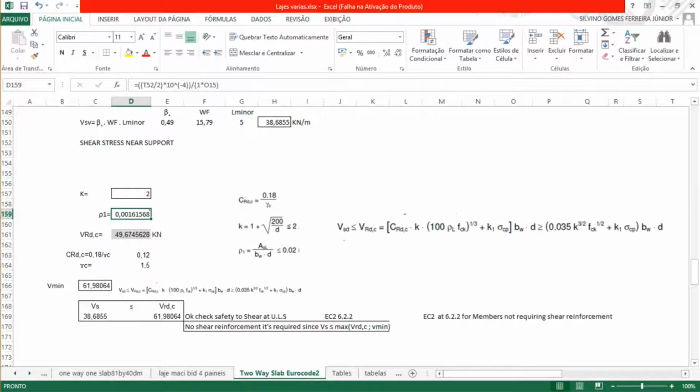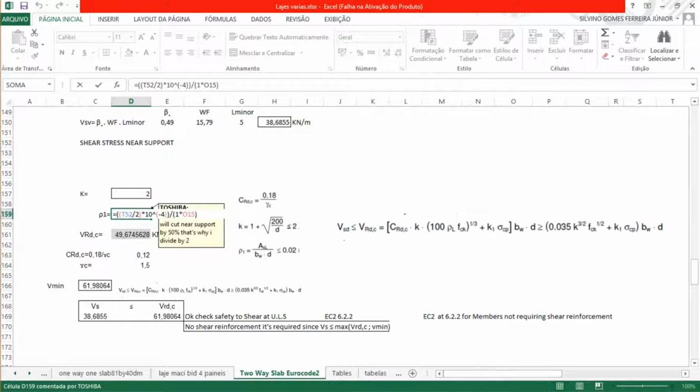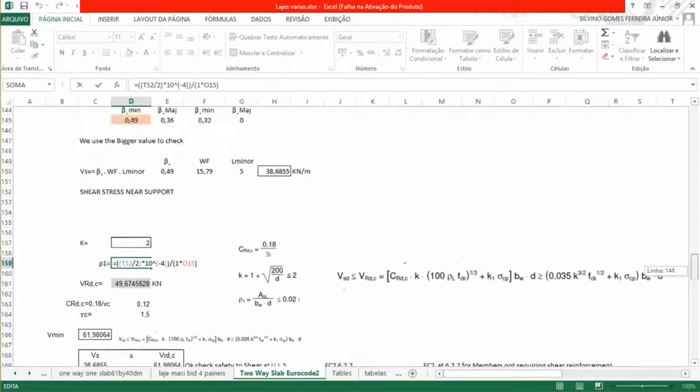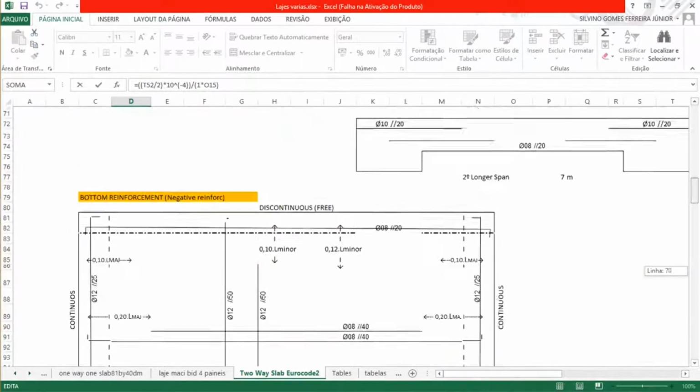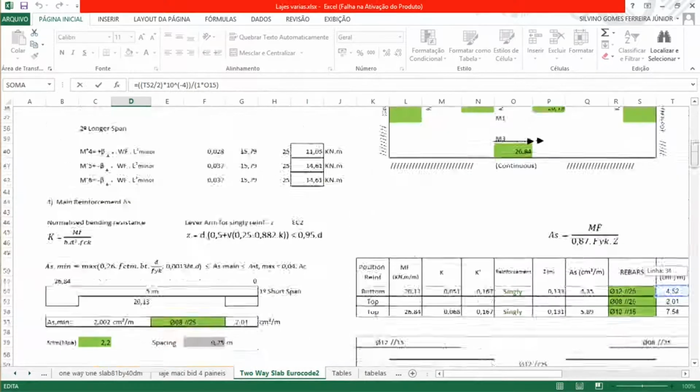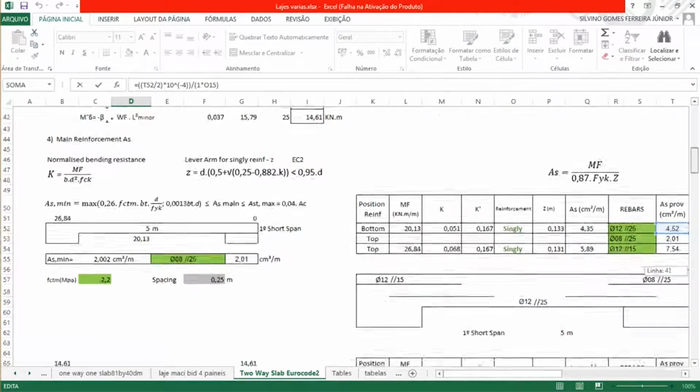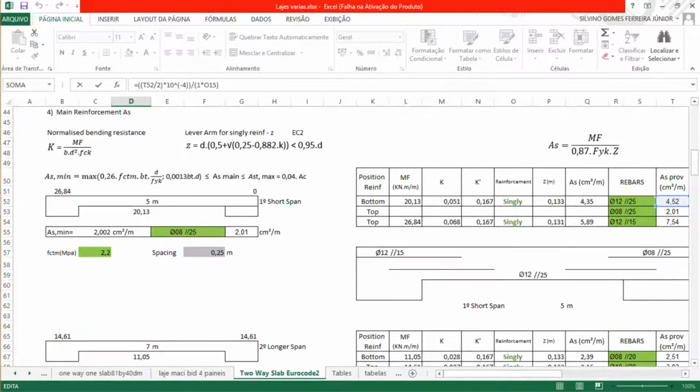And here this main reinforcement, I use half of this reinforcement to check the shear, because it's on the corners and we only need to put there 50% of the reinforcement that we calculated. If we check, for example, here,